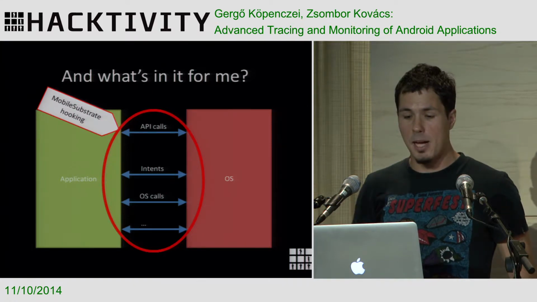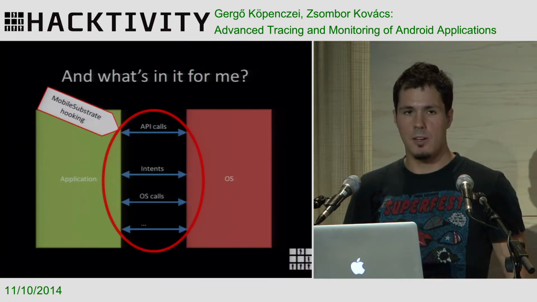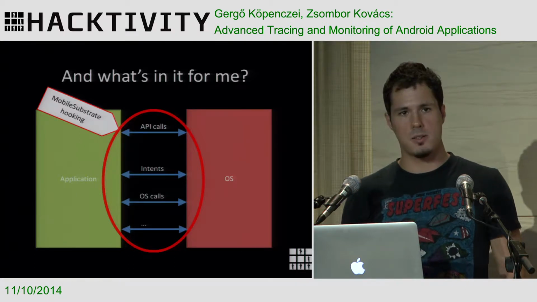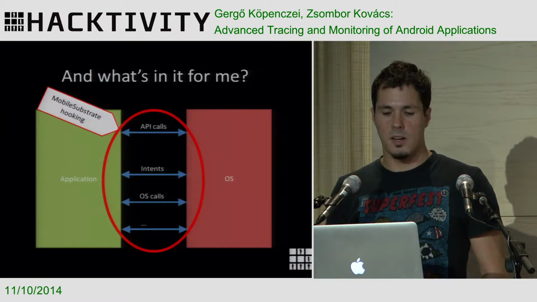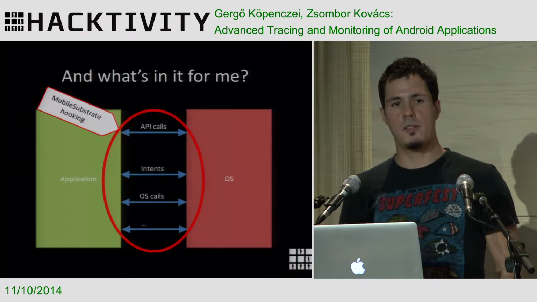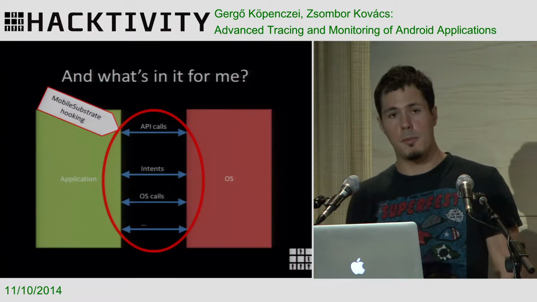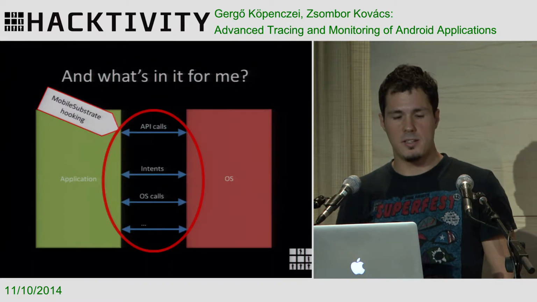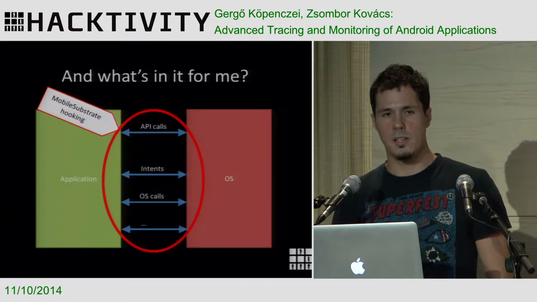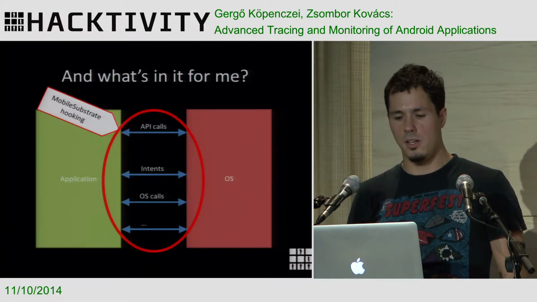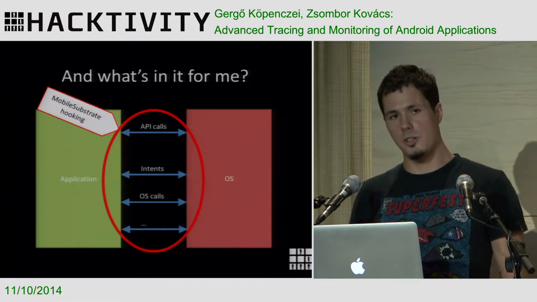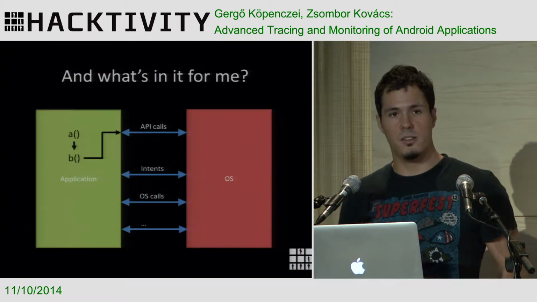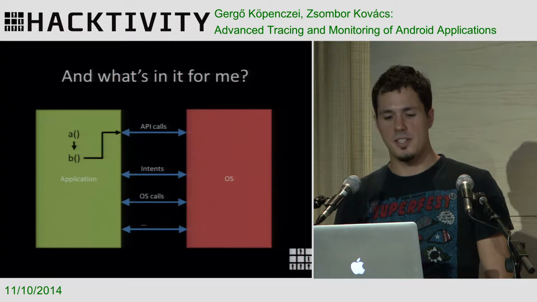The bad thing is that if we have a big application with lots of crypto and lots of custom stuff, then what happens between the OS and the application is only the tip of the iceberg. Even though we have a very nice SQLite database in the case of IntroSpy about the interaction between the OS and the application, we still have no idea about what's going on within the application, because that still